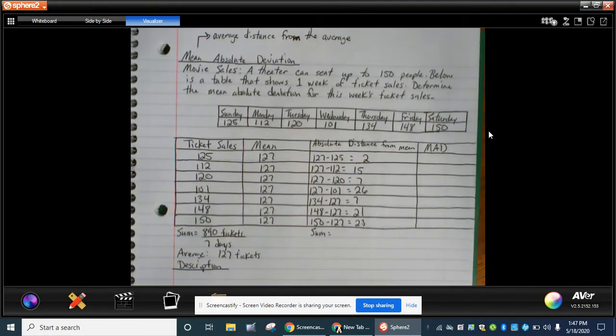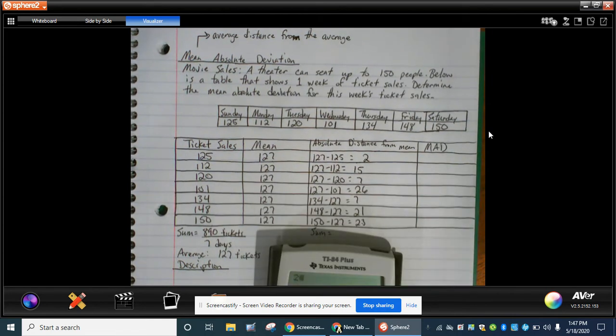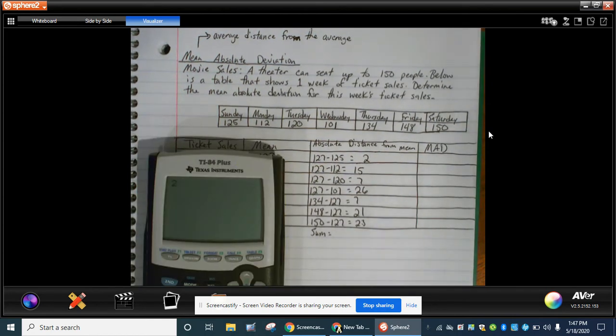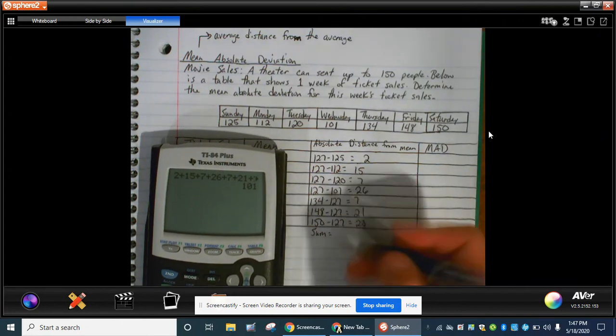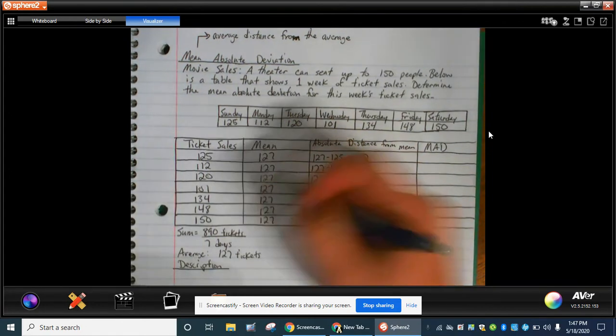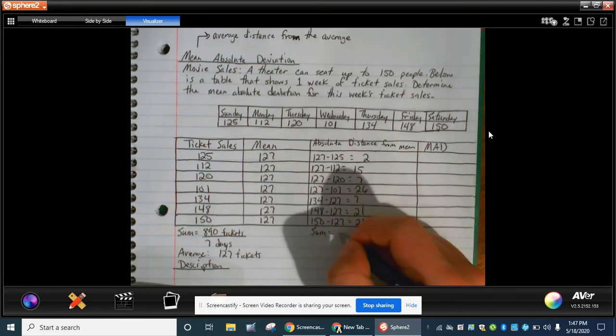Okay. So let's add these up. I got 2 plus 15 plus 7 plus 26 plus 7 plus 21 plus 23. We get 101 tickets, which is the total distance that each of these were from the mean. So 101 tickets